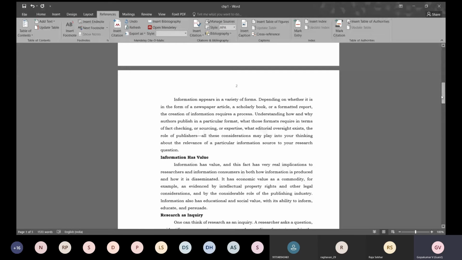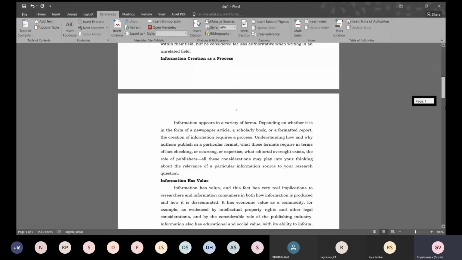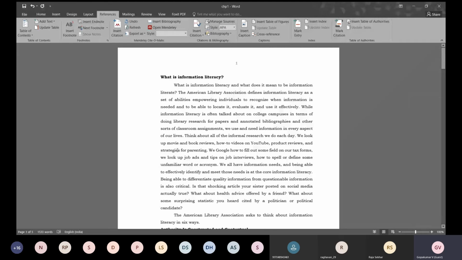So see, in this, consider this as my first chapter of the thesis. Okay, so we have to tell the computer what are my headings and subheadings. Then only can the computer create a contents page. Contents page is the index to the content of a thesis. So the computer should understand which are the heads and subheads.